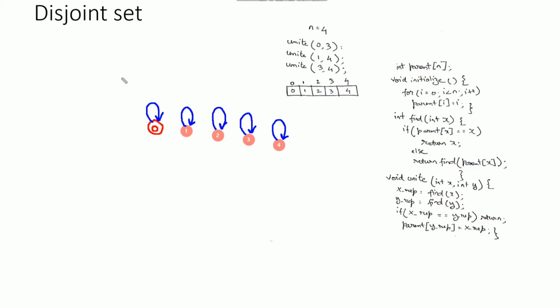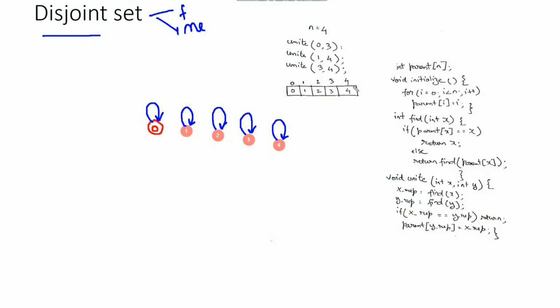Hello friends, in this video I'll be explaining the function of disjoint set data structure. That is, there are two functions, one is find and the other one is the merge operation. Basically there will be data, and we need to partition that data and put it into different groups, such that no groups overlap with each other.